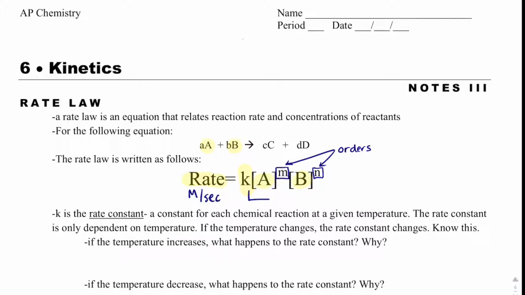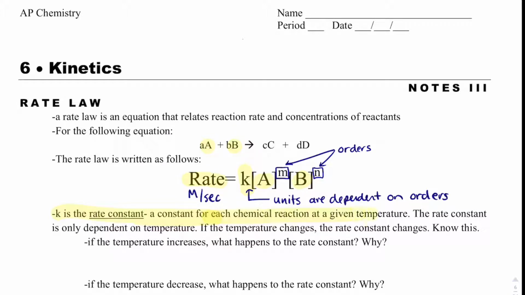And then k, its units are dependent on the orders that we have. Okay, and so we'll go through how to solve that. And there I've got a quick trick on how to do the units of k without thinking too much about it. We have talked though about how k is a rate constant,